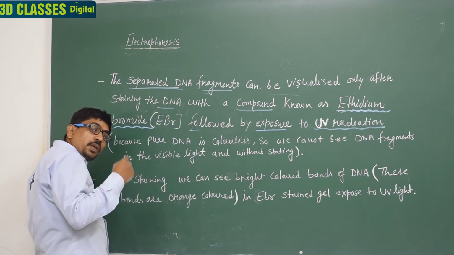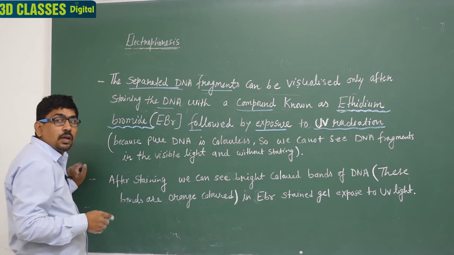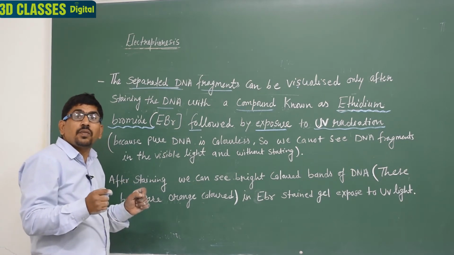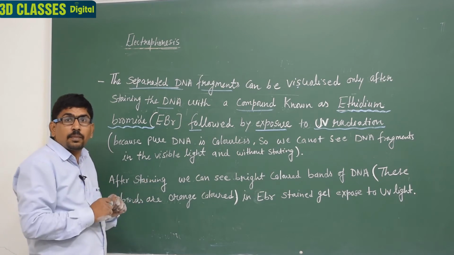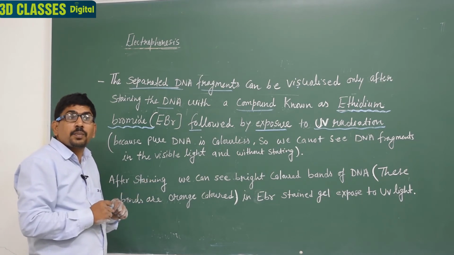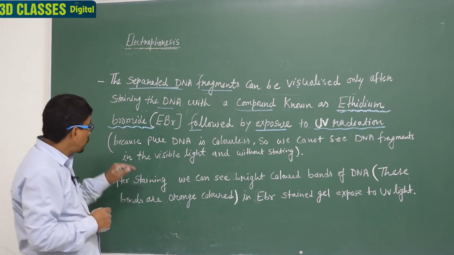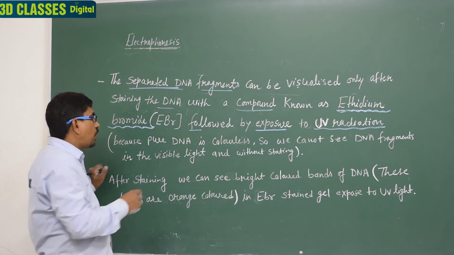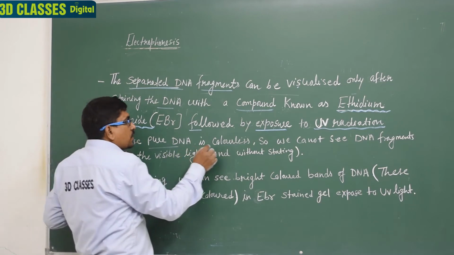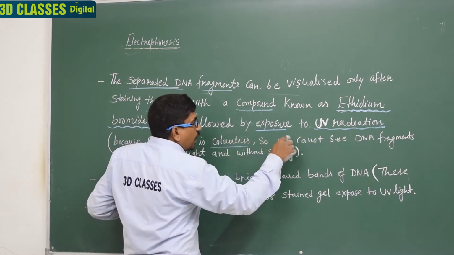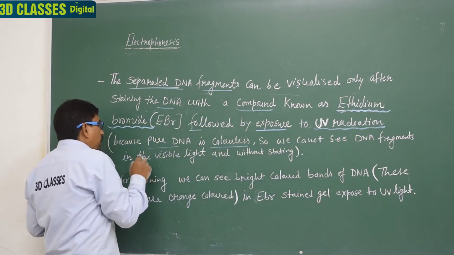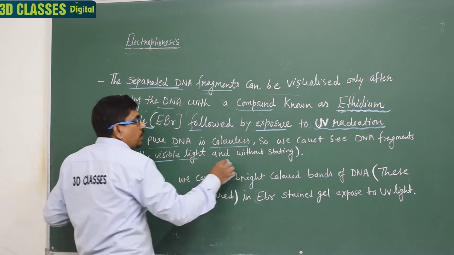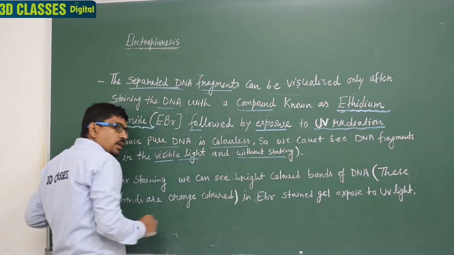In the presence of the EBR and UV lights, we see the DNA fragments in a gel, and these fragments appear as bright colored bands. So, why are they required? Because pure DNA is colorless,